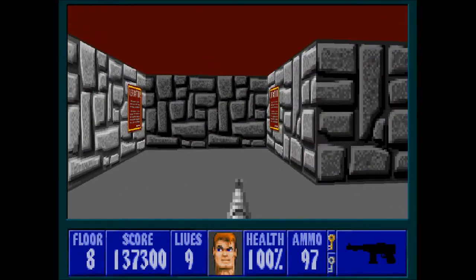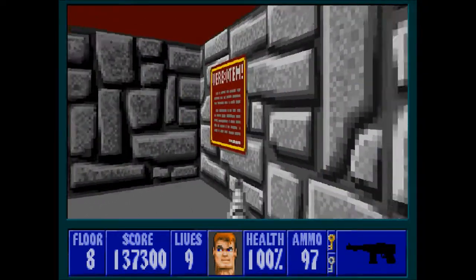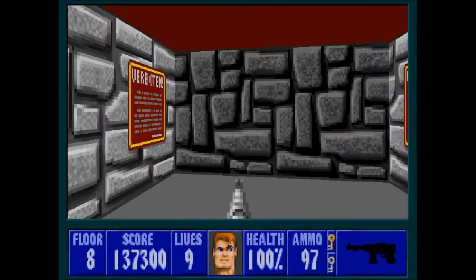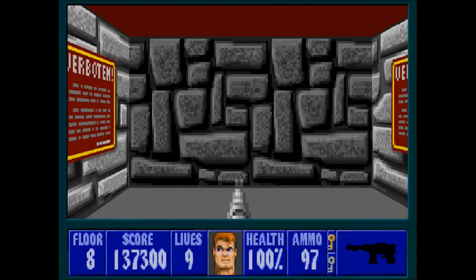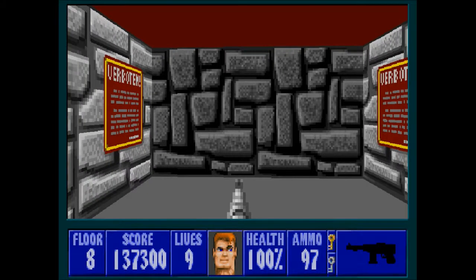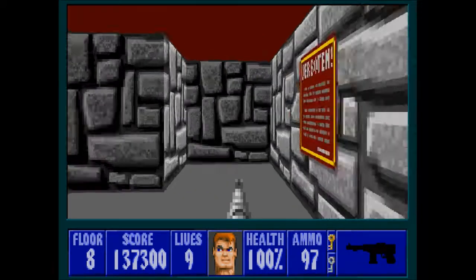Now, that doesn't make up the other 98% of secrets that I was missing from this level. Oh no, those are in this area with the verboten messages on the wall. This is the entrance to the Aardwolf maze, the infamous Aardwolf maze. Over 150 secrets in total, with many dead ends, treasures, and other traps as well. I am going to try and get all of them